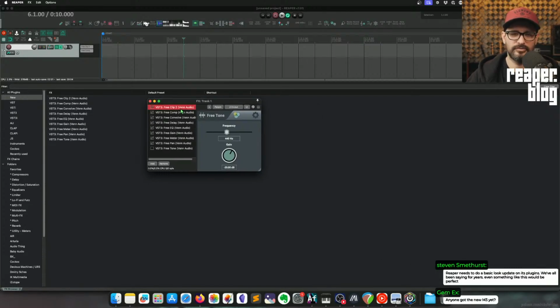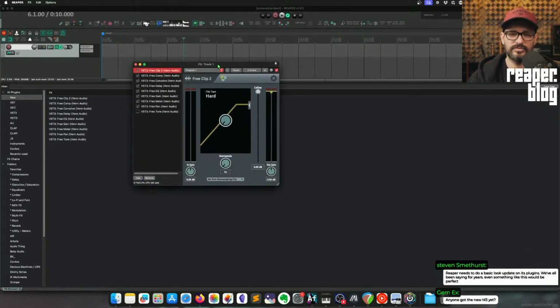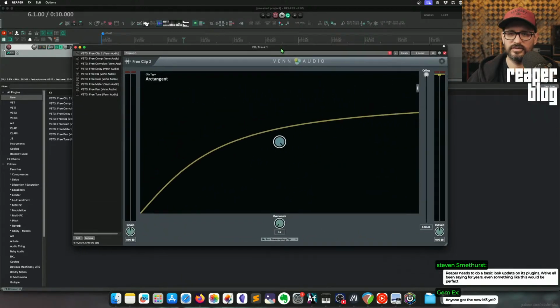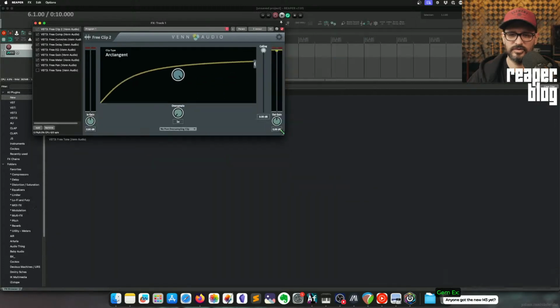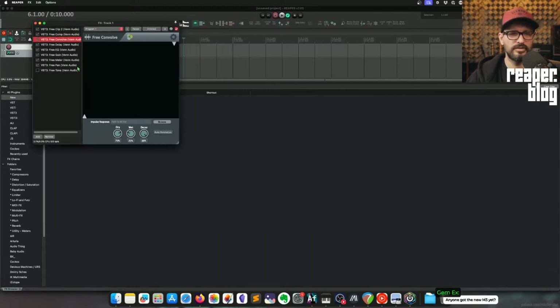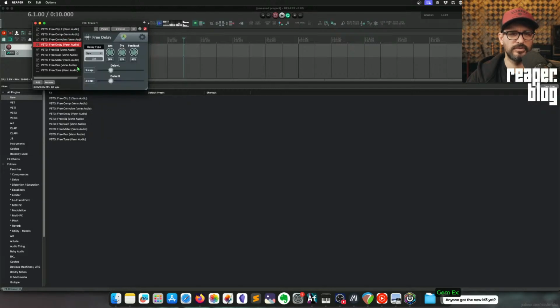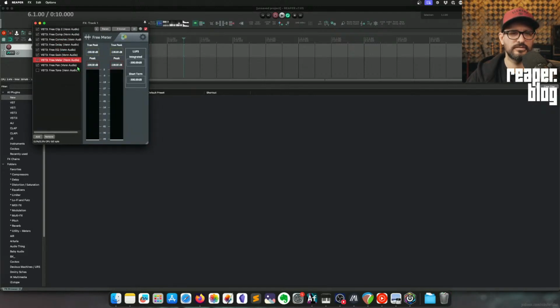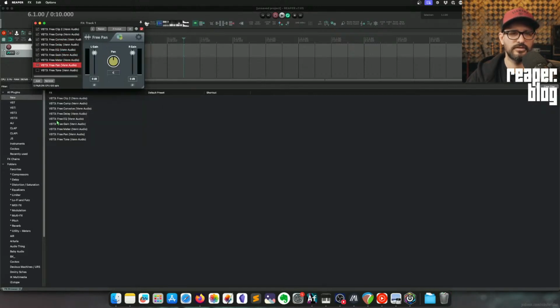So, free clip 2, so this is a soft clipper or hard clipper, I guess, depending on the type that you choose. Plugins are resizable, even you can change the aspect ratio of them. There's a compressor, there's a convolution reverb, there is a delay, an EQ, a gain plugin, a meter plugin, pan